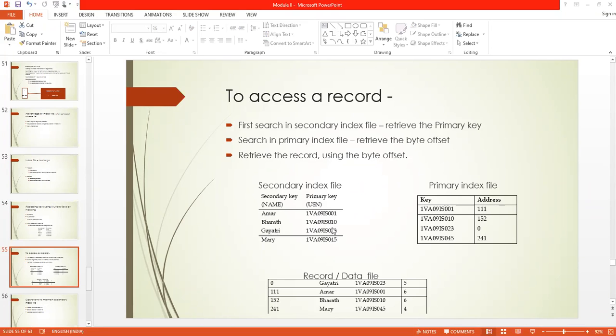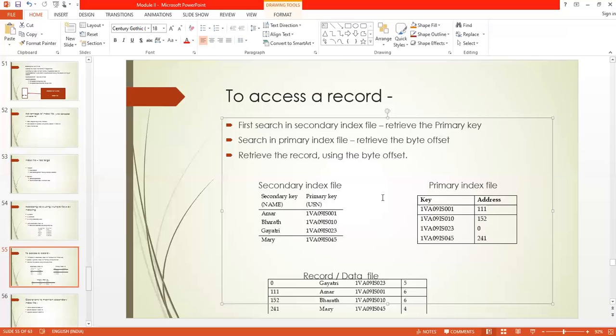Using this IS023, I access the primary index file. So 023 is here, and I search for 023 in the primary index file. So I get the location 0. At the 0th position, Gayatri's record is here.